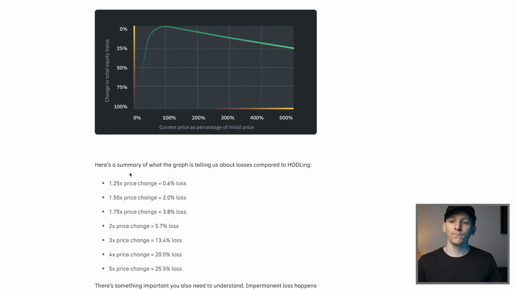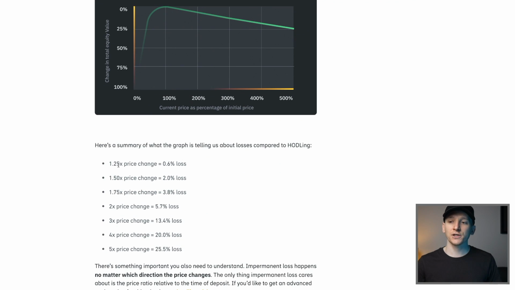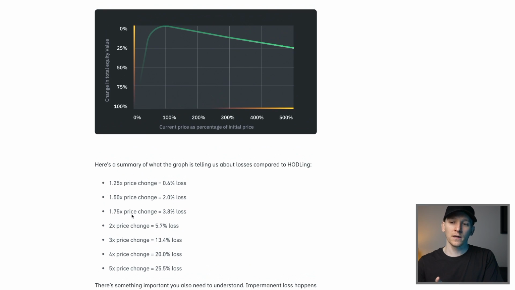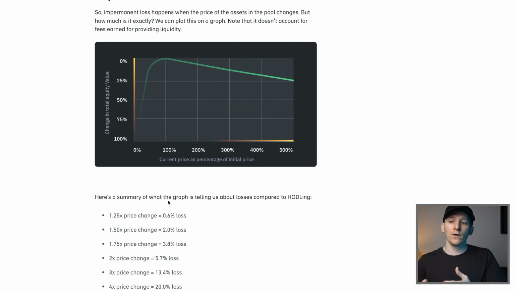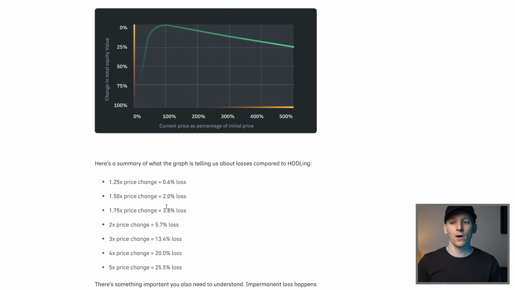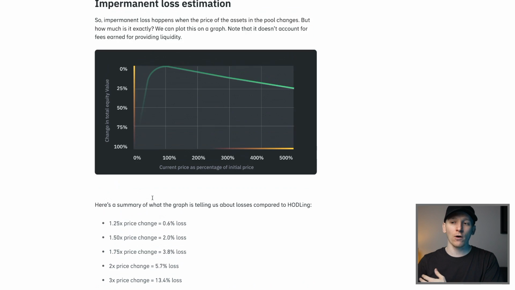As you can see here, if the price of them changes by 25% or 1.25 times, you actually make a 0.6% loss from that impermanent loss. If they change by 50%, you make a 2% loss, and so on. Now, if you have 2 risk assets, they could genuinely change quite a lot in price. And so you're going to be suffering this impermanent loss